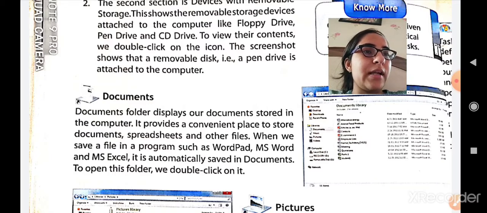If you are working on WordPad, MS Word or MS Excel and you save the file without giving a specified location, then by default your file will be saved in documents, because by default the path that is set for your file is documents. If you give a specific path like D drive, E drive or C drive, then your file will be stored there.